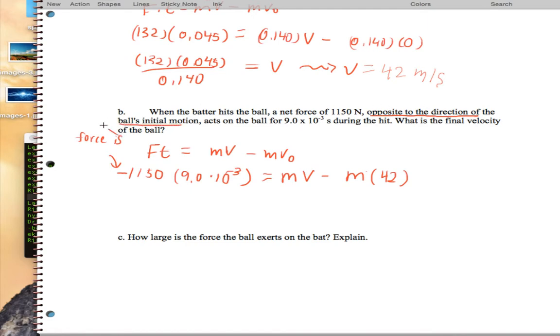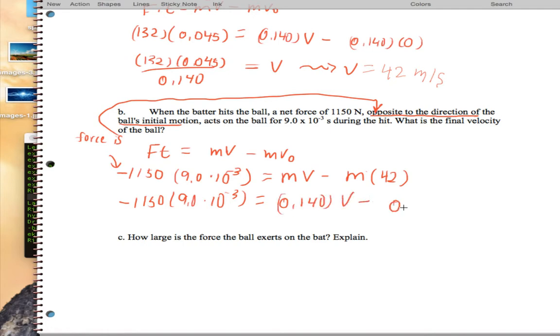And I want to actually just label that right there. Let's keep going. We've got negative 1,150 times 9.0 times 10 to the negative 3 equals 0.140 times V final minus